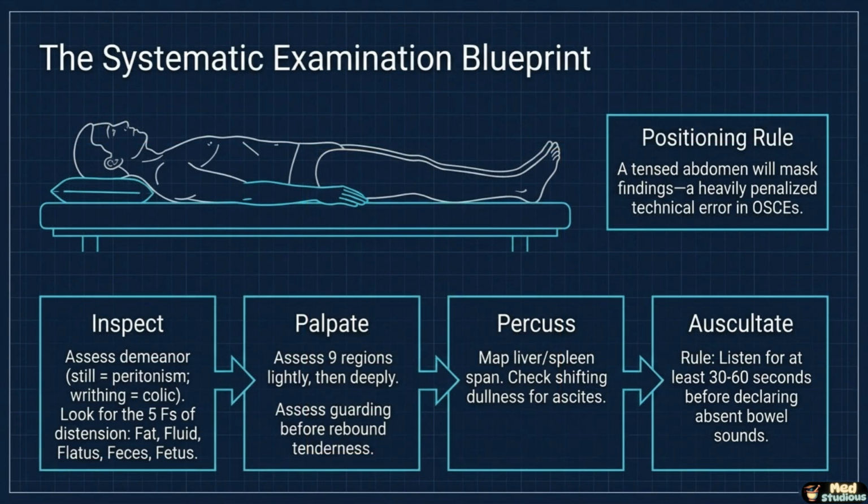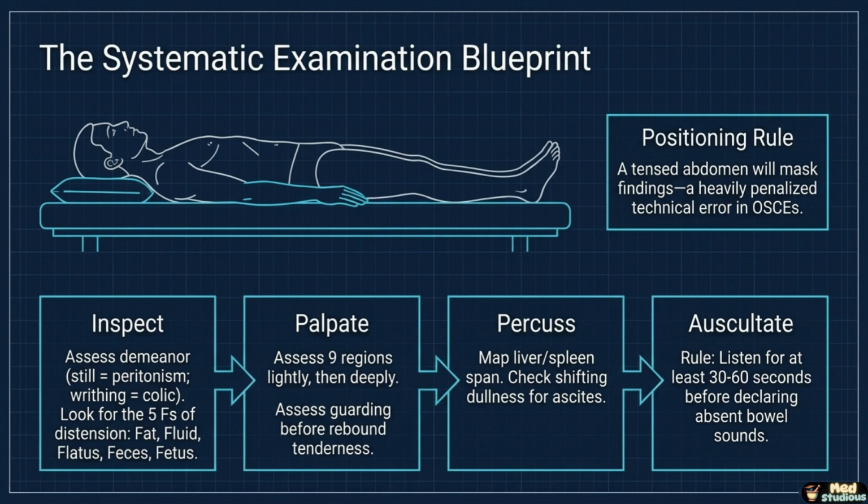A GI examination is only as good as its structure, and the sequence, inspect, palpate, percuss, auscultate, is non-negotiable on every exam. Before any of that begins, positioning matters more than students expect. The patient must lie supine, with arms relaxed by their sides and the head supported by a single pillow, because a tensed abdominal wall will mask real findings underneath it, a technical error that gets heavily penalized in OSCE-style